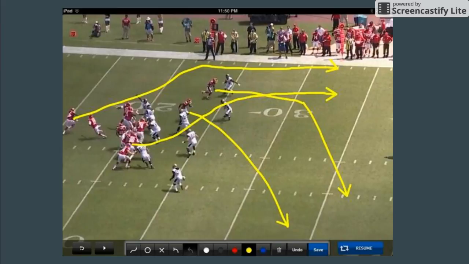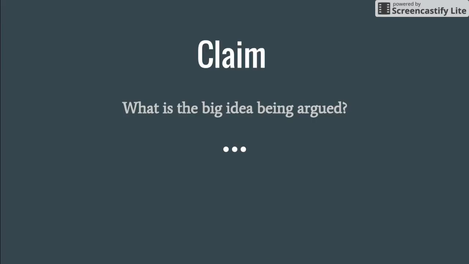And here they are. The first one is you have to have a very specific claim. What is the big idea that's being argued? If this isn't clear and you haven't laid this out, then you're never going to win at all, because we're not really clear about what we're arguing about. So look at your paper right now. I want you to identify, what is the claim? What is it that's being argued?